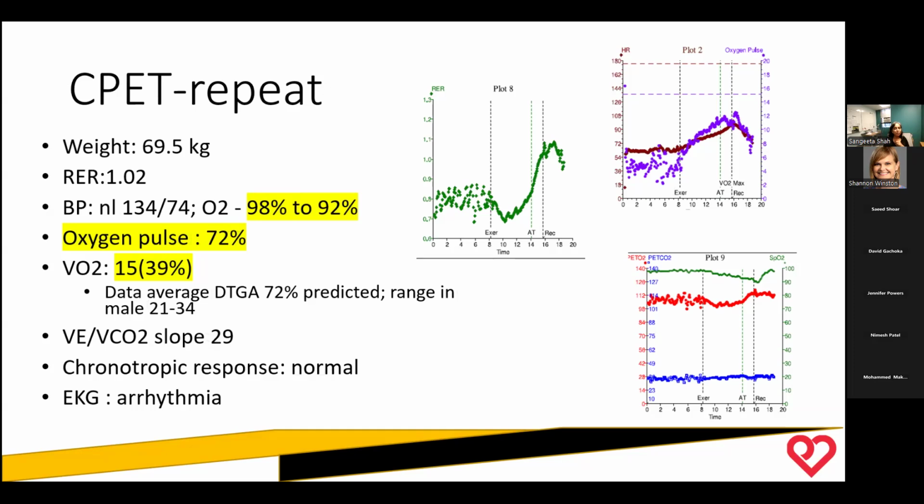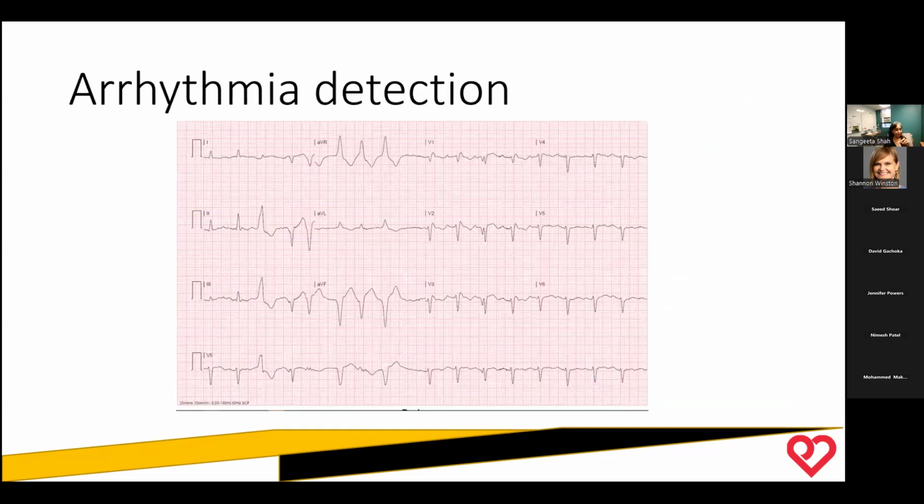So we still question, why is he hypoxic? Didn't have a great explanation for that. And so I'll show you what happens. I just want to put a plug in for arrhythmia while you're looking for CPETs. He actually did have short runs of ventricular tachycardia and resulted in an ICD.